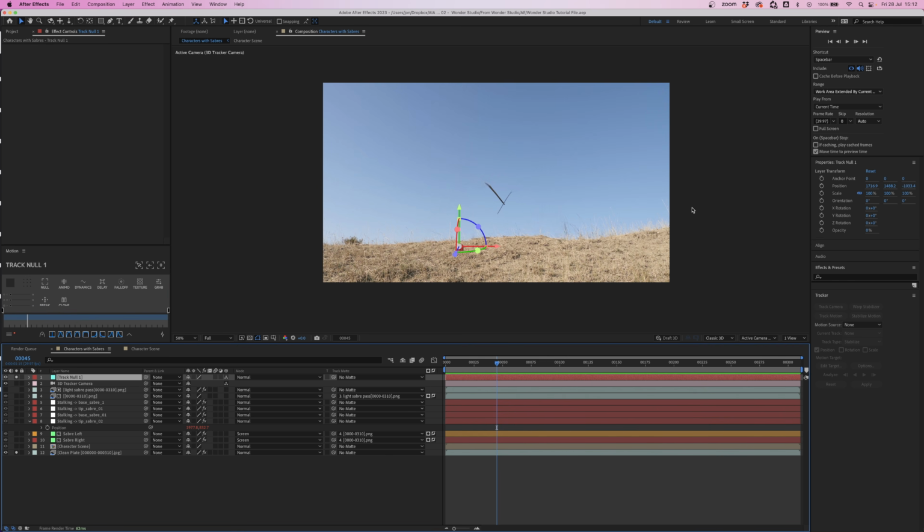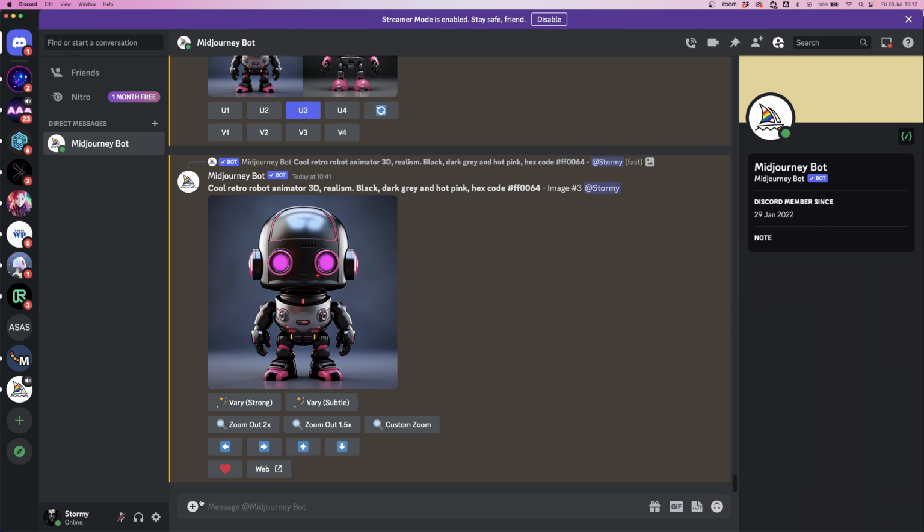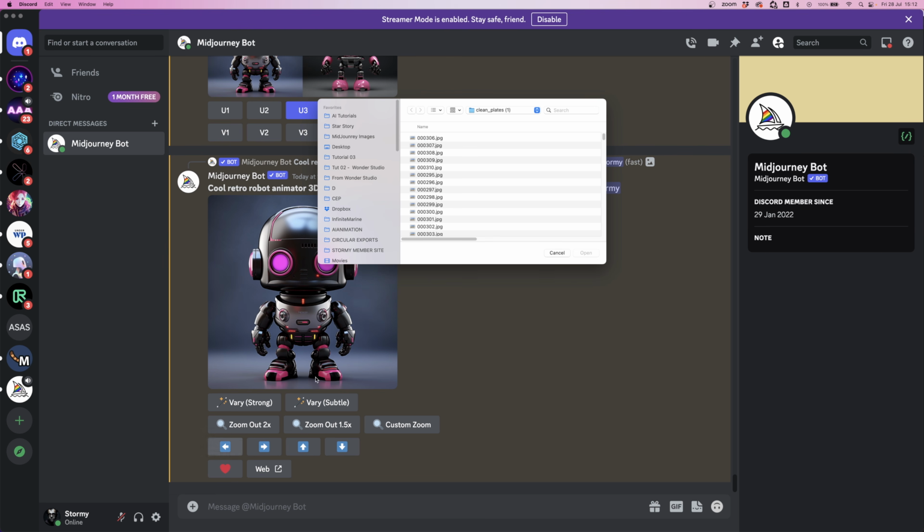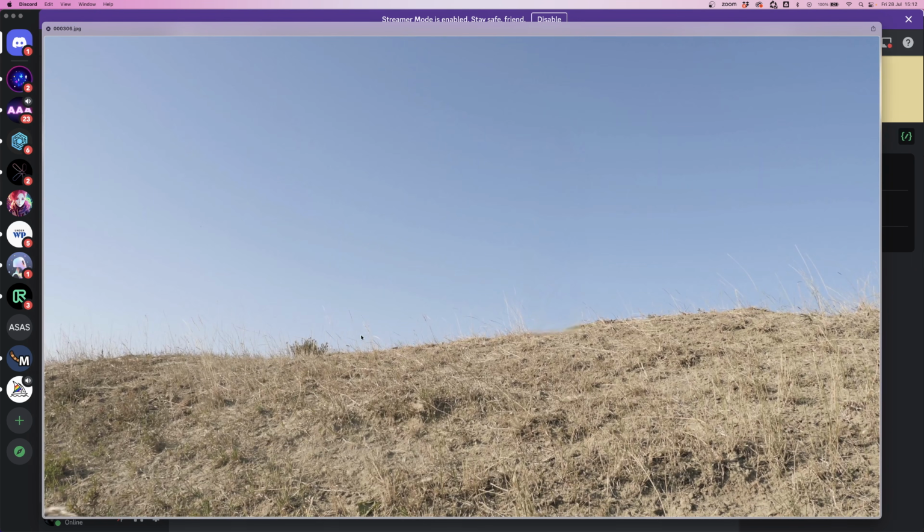We now need an exciting image to use for our background, and to do that we're going to use an AI generation tool in the form of Midjourney before doing some 3D displacement mapping, similar to what I've done in a previous video, but taking a slightly different approach to work with this 3D tracked camera. So first we're going to hop over to Midjourney and we're going to press plus and we're going to upload the first frame from that clean plate that we downloaded from Wonder Studio.